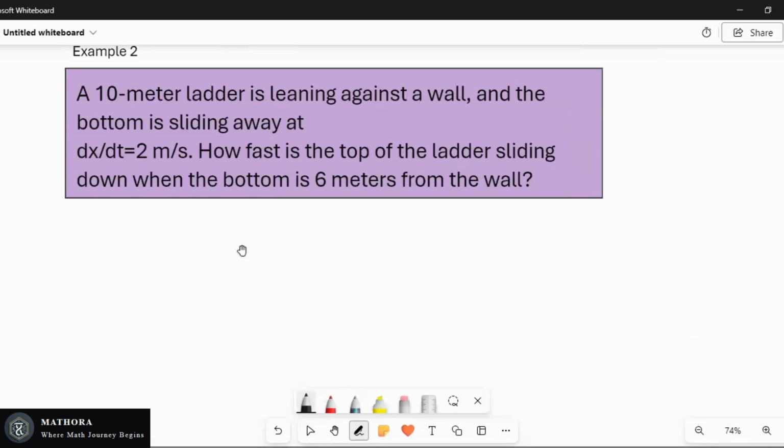So this is also another classic related rates problem. So, okay, now let's read. A 10-meter ladder is leaning against a wall. Let's imagine,